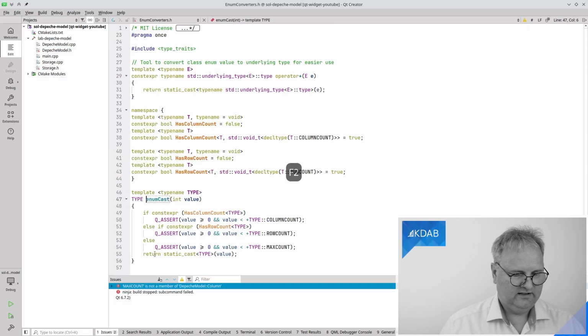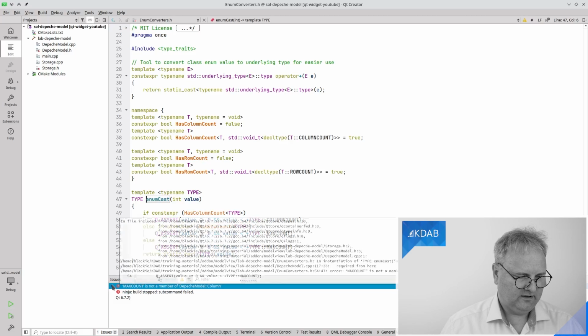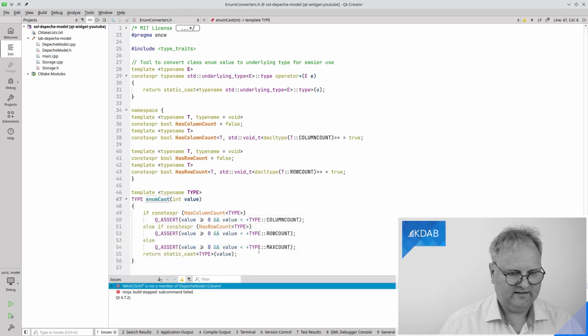See, it'll say static assert or QAssert here. Max count. Type. I was just surprised to see it being a compile error. But what it says here is that, yes, this is one of those beautiful template stuff. If this type that I'm doing enumcast on has a column type, and has column type is true if it has column count. Otherwise, if a row, then